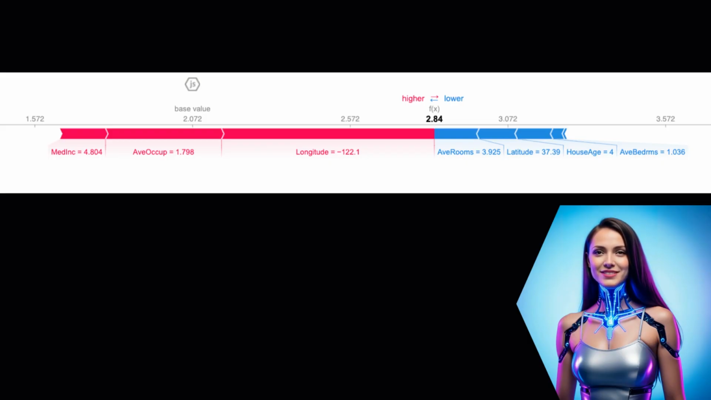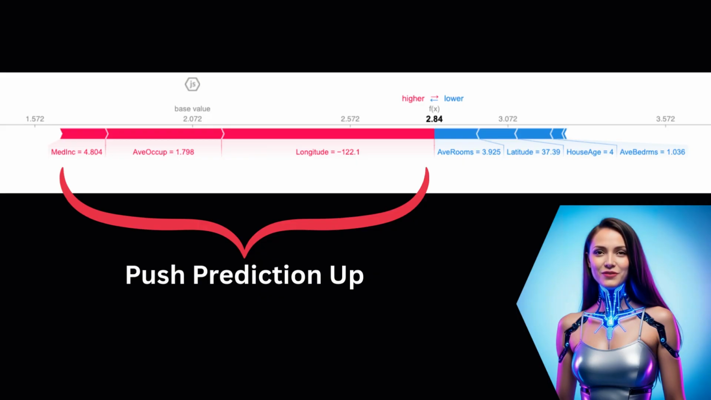Look at these colored bars. On the left in red, we have features that are pushing the prediction up, making the house seem more valuable to the model. Median income, MedInc, equal to 4.804, meaning this neighborhood has a relatively high median income. Then we have average occupancy of 1.798, suggesting fewer people per household, often a sign of larger or less crowded homes. And lastly, the biggest contributor, longitude, minus 122.1, which places this home closer to the coast, a factor that